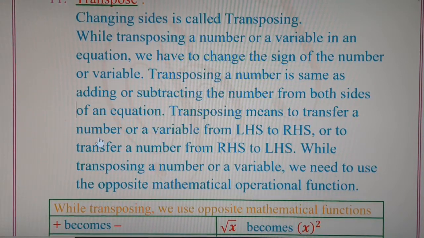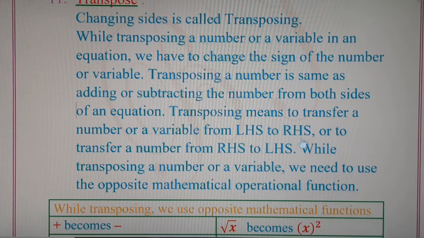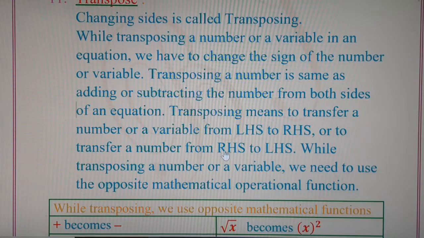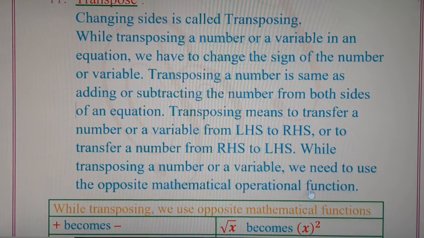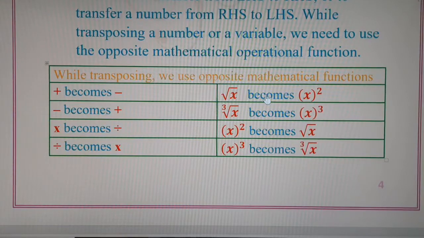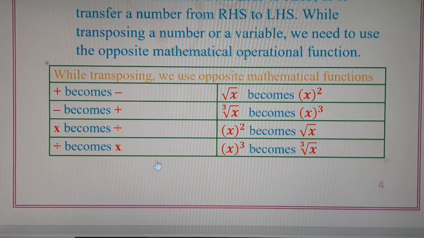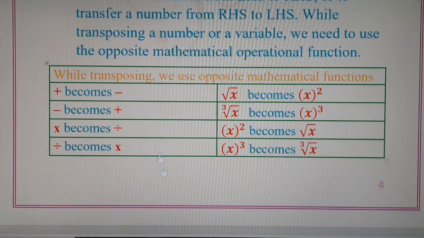Transposing means to transfer the number or a variable from the left hand side to the right hand side, or to transfer a number from right hand side to left hand side. While transposing a number or a variable, we need to use the opposite mathematical operational functions. So this table I have prepared, and we can go through them, but children, sometimes even this will become boring for you. So as we do the sums, then only you will really understand what is the meaning of this